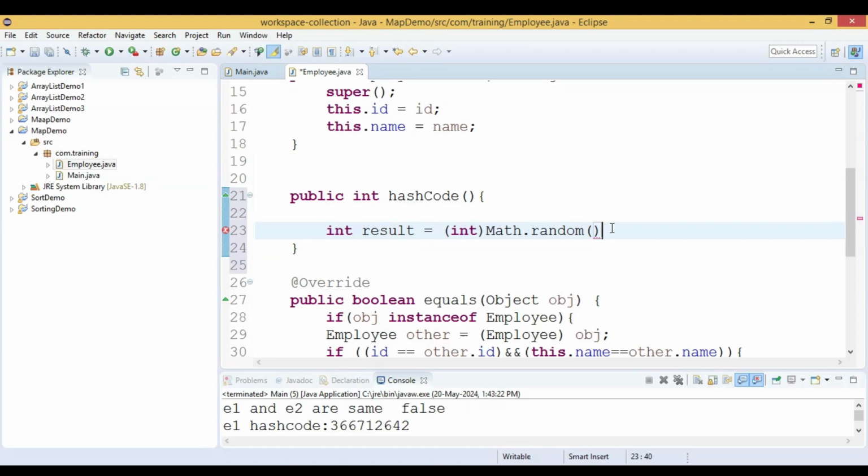We multiply this random value against id, then we call the hashCode method of the